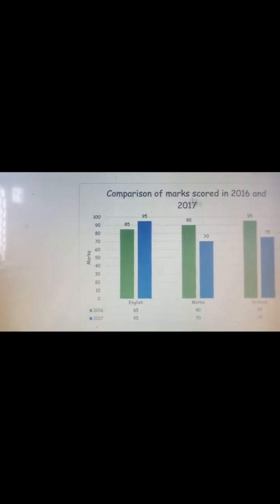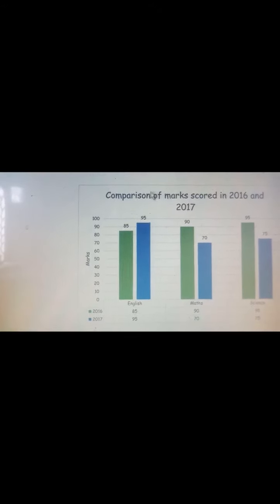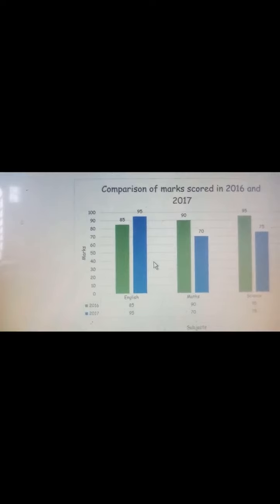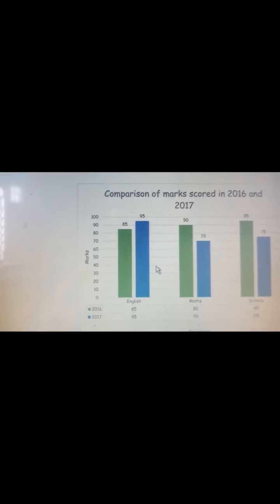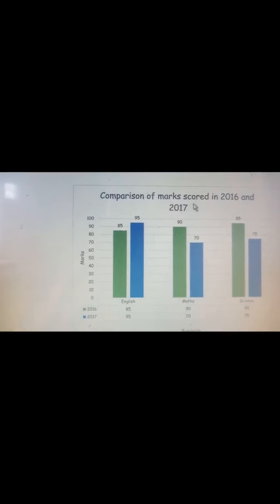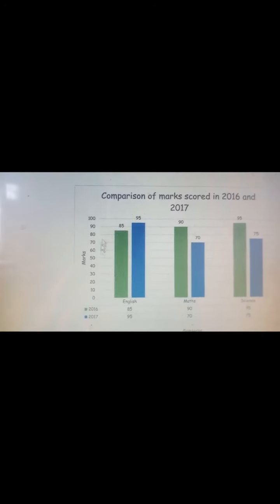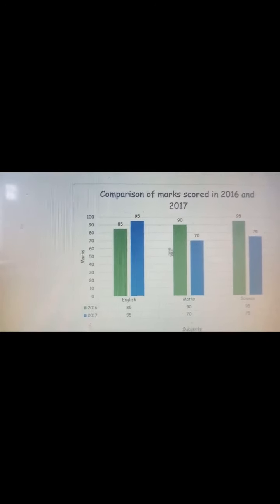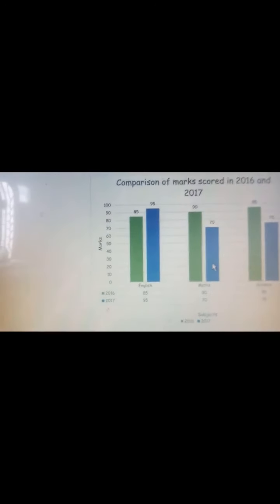So first one is chart title. Chart title is the name of the chart, which indicates what the chart is about, which chart you have created. Here it is given as comparison of marks scored in 2016 and 17. That means the chart is about the marks scored in 2016 and 2017, right?